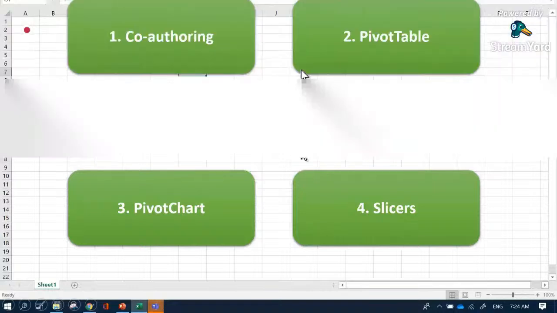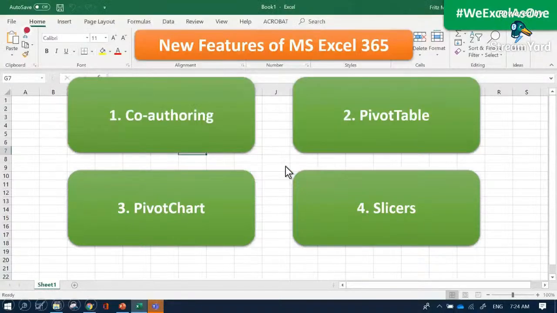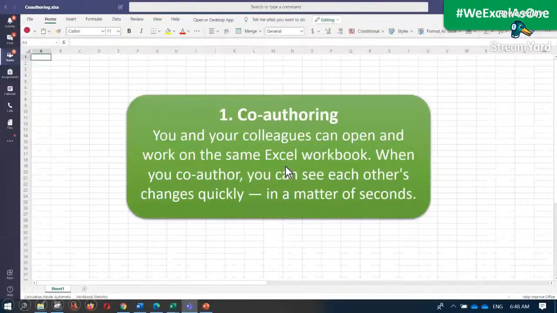So to start with the first feature, this is already familiar to you. This is not new to you because you have already experienced this with Word 365 a while ago, yesterday with Ma'am Rubilin, and what else? With Sir Glennie, right? You also had an activity about co-authoring. Now you can also do that with Excel.